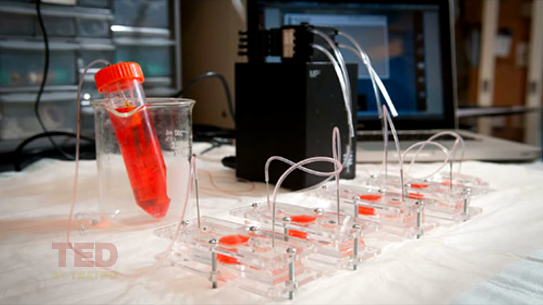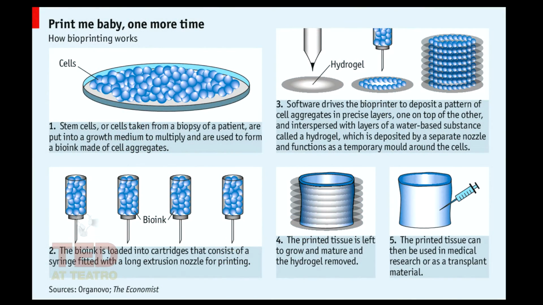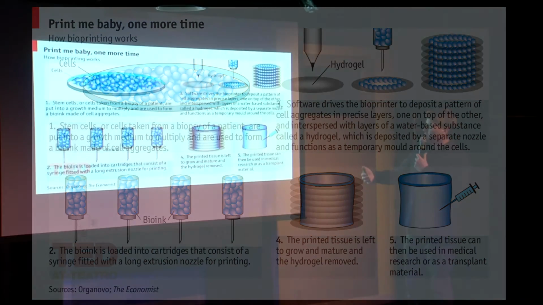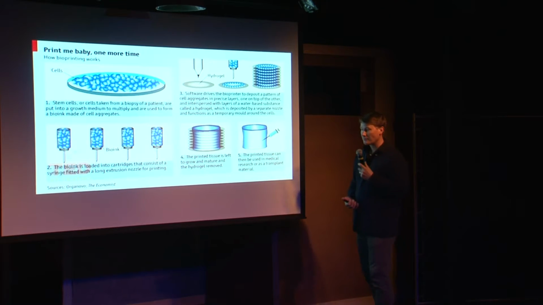One of the problems with getting a transplant is the possibility of rejection. So people can set up miniature versions of a human body that interact. Those are organs on chips, and then they can test whether or not your body will reject either an analog donation, or one of these new 3D printed donations. And this is a little bit about how 3D printing might work in the future.